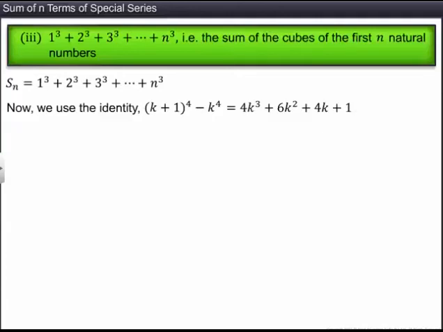Denote this by equation 1. Putting k is equal to 1, 2, 3, and so on, up to n successively in equation 1, we get